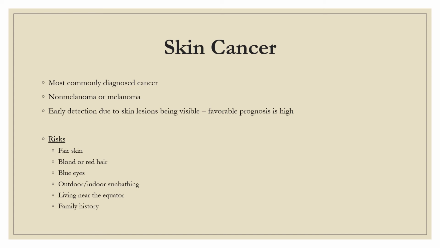Darker skinned people tend to have less of a risk due to that they have an increased melanin within their skin, and that melanin acts as a sunscreen. But it definitely does not mean that sunscreen should not be used. It should always be used as a preventative measure, whether you have lighter skin or darker skin. Patients who do have darker skin tend to develop melanomas on their palms, soles of their feet, within their mucous membranes, and even under their nails. So that's something to keep in mind.